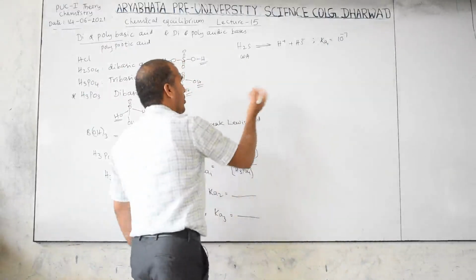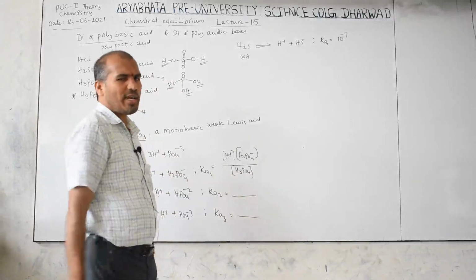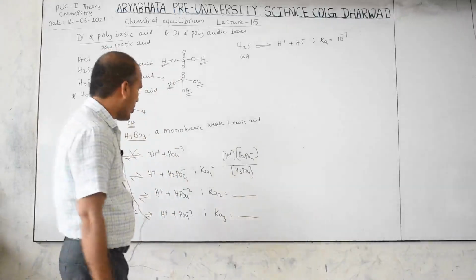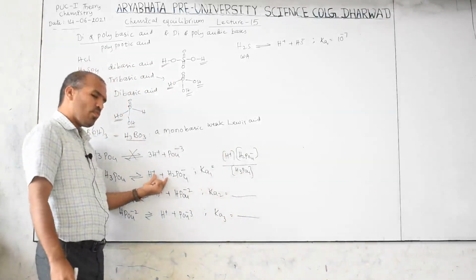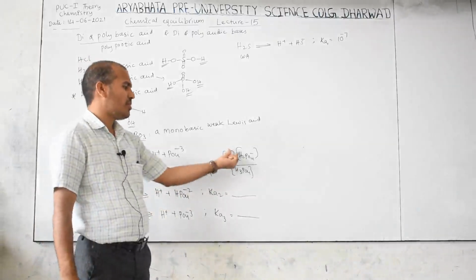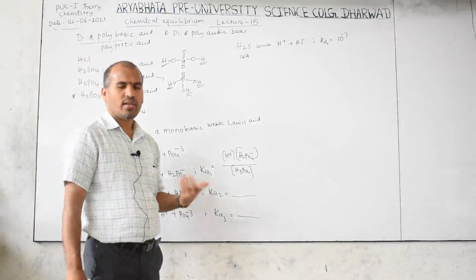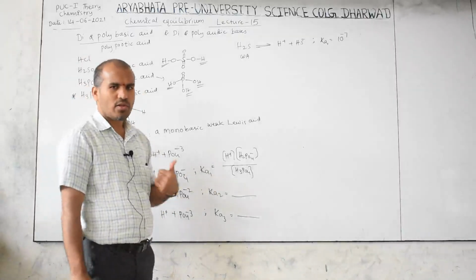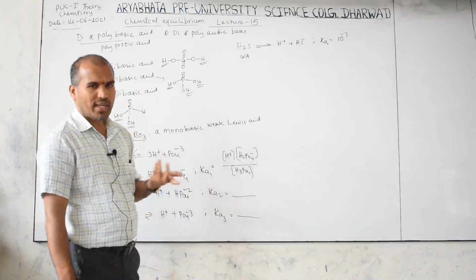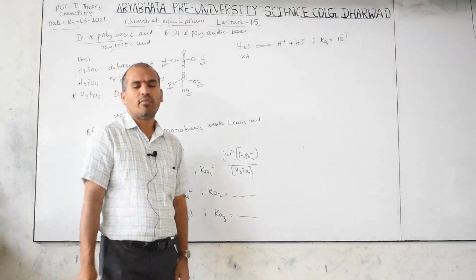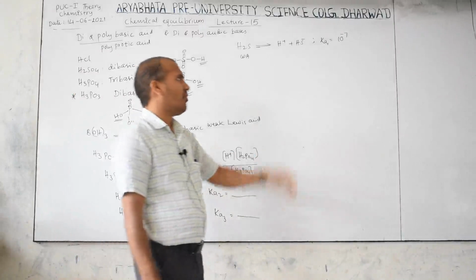Now weak acids have very low K values, strong acids have very high K values, because we know what Ka means: product by reactant. If it dissociates more, there is more concentration of the product. When the numerator is more, the Ka value is also more. Strong acids are completely ionized at high and low concentration also, therefore their Ka value is greater. Weak acid Ka value is less, because dissociation is less than 5%, therefore the Ka value will be low.